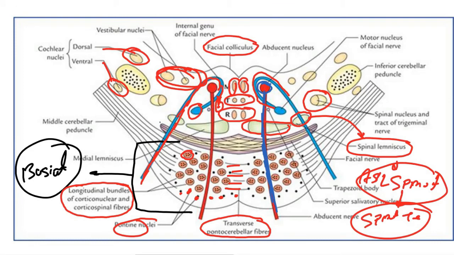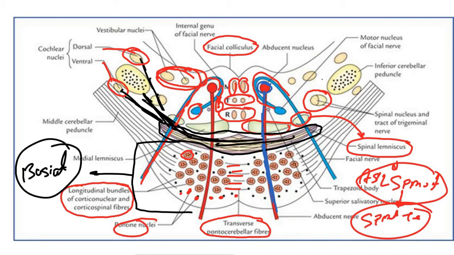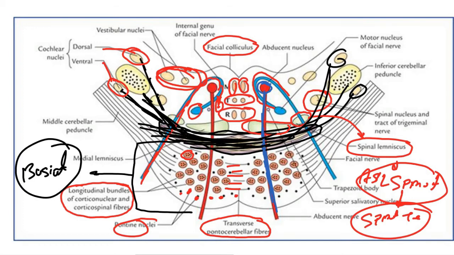So as you can see, this is your trapezoid body. So what is this? This is the cochlear nucleus; as we go up, the fibers of the cochlear nucleus will decussate, and these decussations form the trapezoid body. Okay, so I hope you got all the concepts at the lower level of the pons. Now we're gonna see the upper level of the pons.